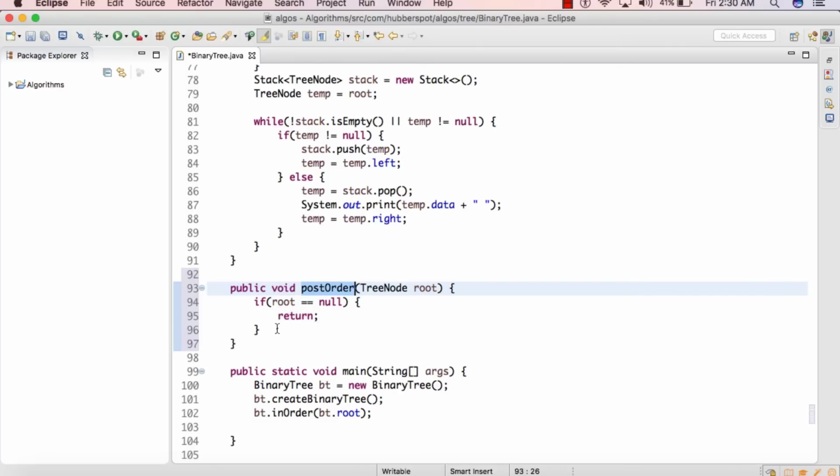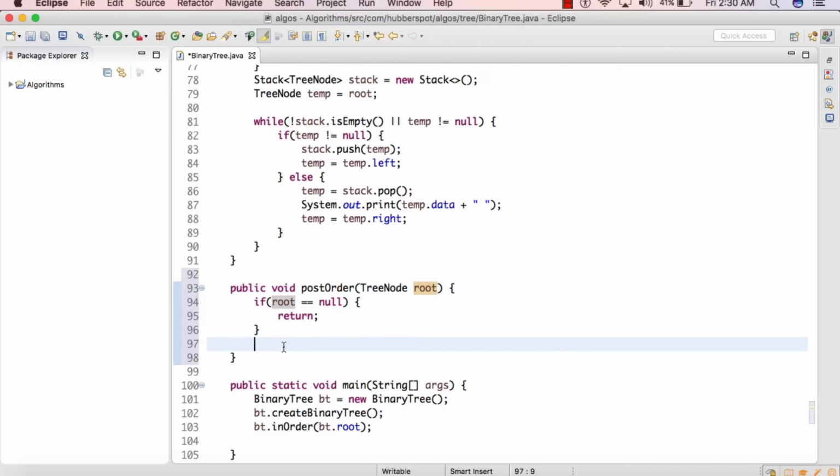method recursively. So friends, as we discussed in our slide, in post-order tree traversal, before visiting any node, we'll first visit its left subtree, and then we'll visit its right subtree, and then we can visit the actual node.